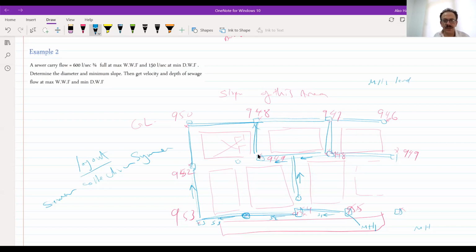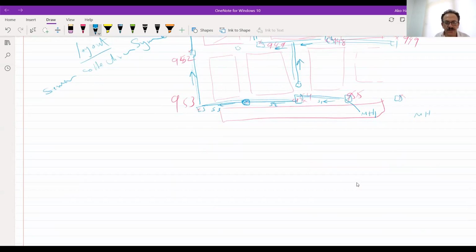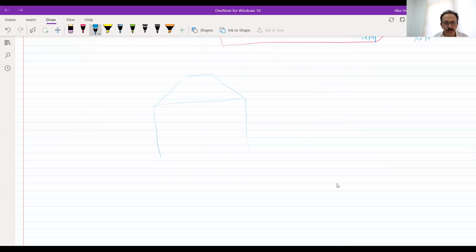You have to say where it will be. This is the typical manhole. In the typical manhole, we have the top surface level, and this is the bottom surface level.